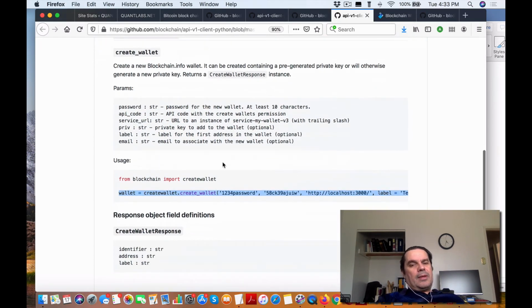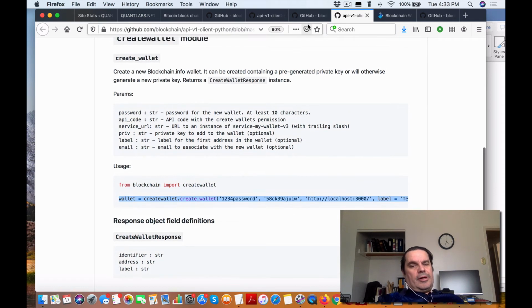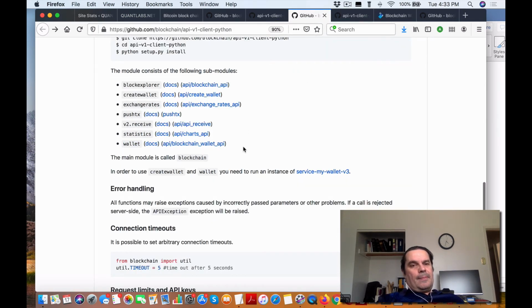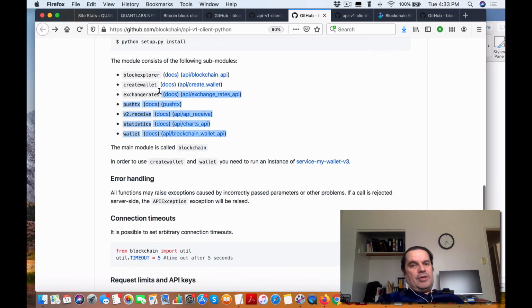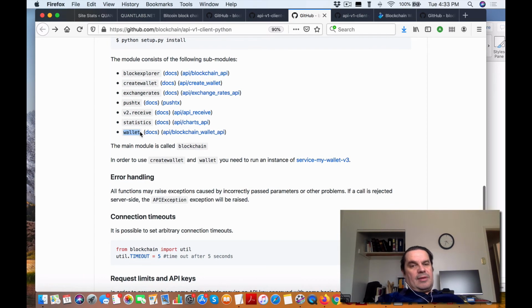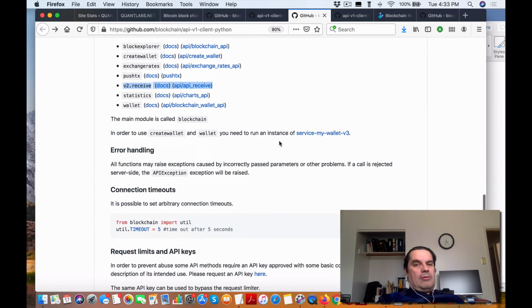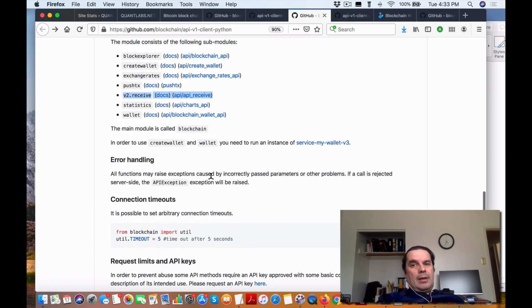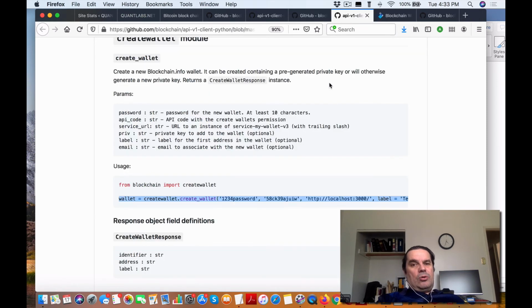Not only that, but there's a lot of useful use cases for this, using all these different features. So for instance, as I said, you can do transfers, create a wallet. I think this is the wallet server. I haven't really dug into it. Get the exchange rate, so showing you the statistics. You can also maybe create a receiver of Bitcoin payments. And the thing that I really like about this is I think you can make up your own wallet ID. I mean,